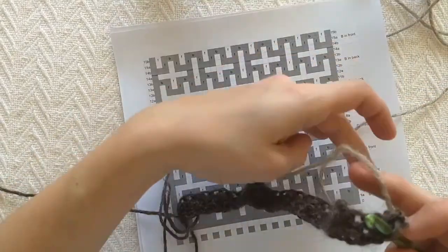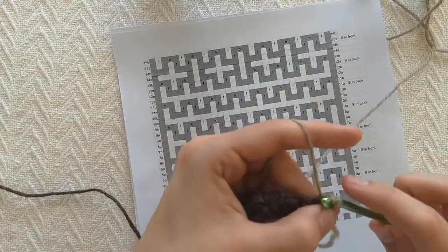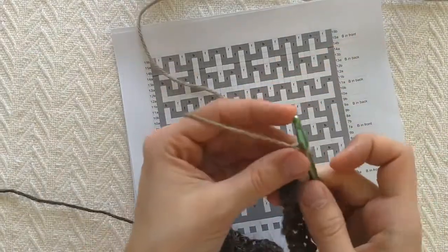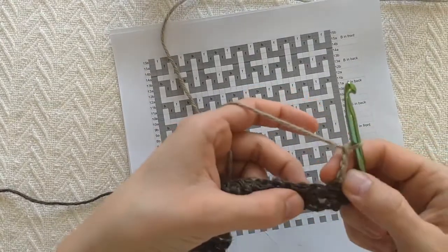Now, like I said, you could do a standing starting double crochet, or however you like to start it. For simplicity, I'm just going to join and chain 3. So that's my first double crochet. Then I chain 1. And now, because we're alternating front to back, my next one's going to have to be